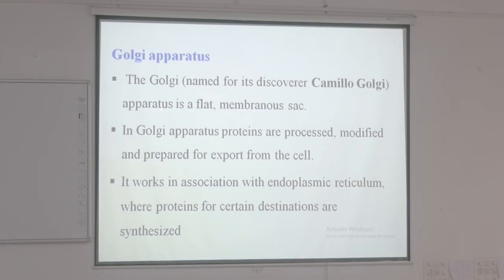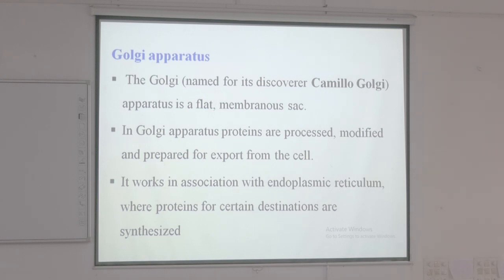Now Golgi apparatus, okay. You know the function of this. These are basically helpful for the transcription process, for initiation and elongation, because all the genetic code, the triplet codon which contains different amino acids, okay, all the genetic code is mainly attached with specific codes in ribosomes. So ribosomes are very important. Proteins are processed, modified and prepared for export from the cells. It is very helpful for synthesizing in the cells.